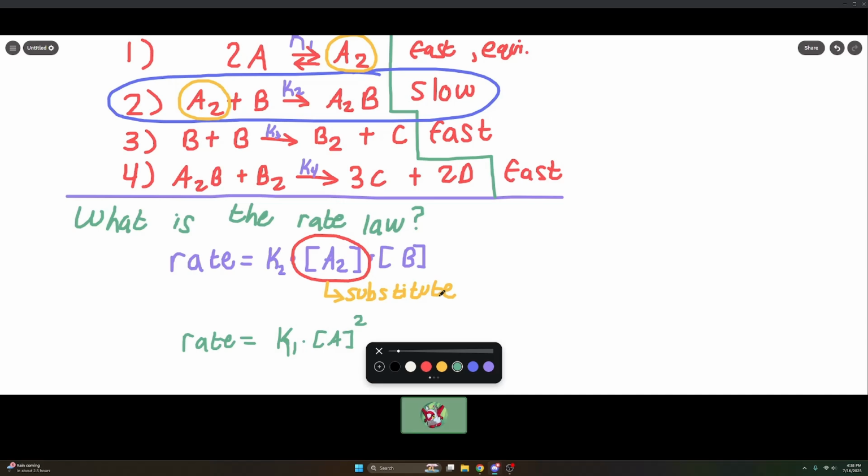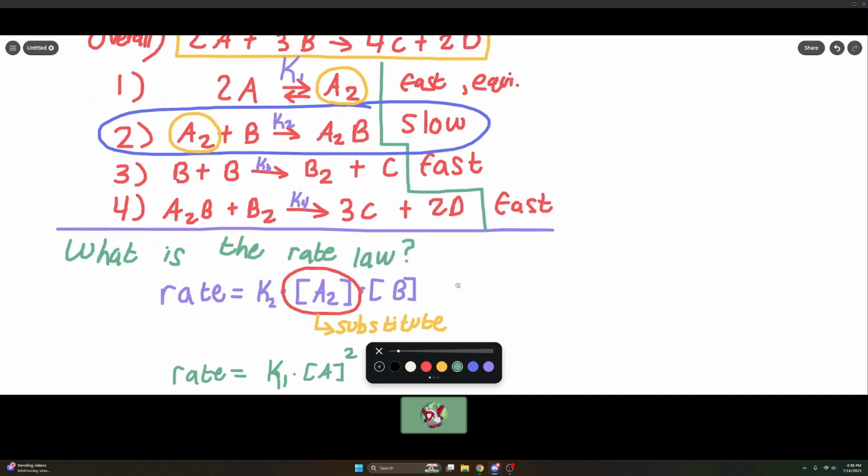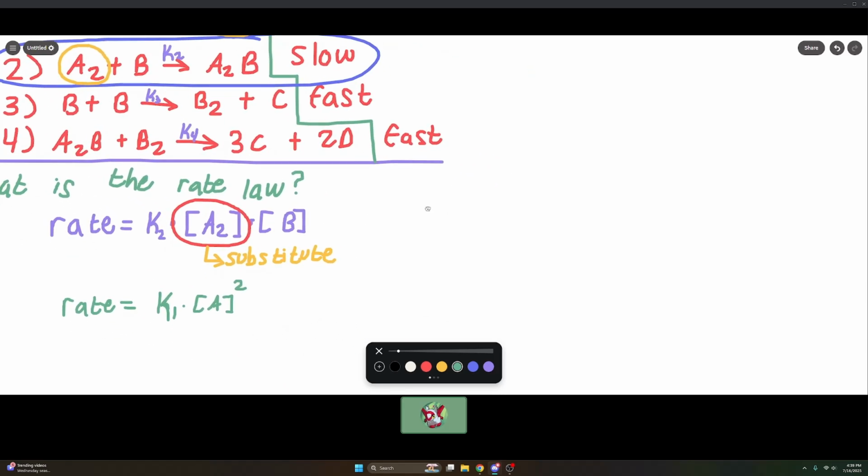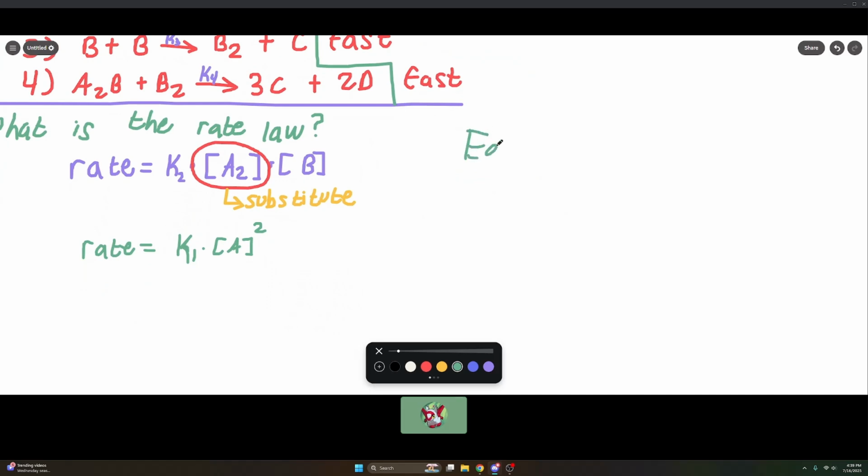And this is where an important idea from your equilibrium unit sneaks in. What is the definition of equilibrium? I'll give you a second to think about that. What is the definition of it? I think it's a long enough second. Equilibrium refers to a state in which your forward rate equals your reverse rate. So if this is making 10 molarity per second, this is also making 10 molarity per